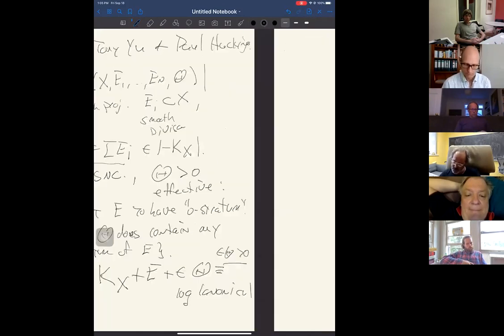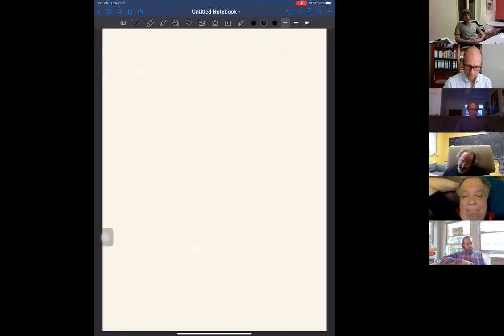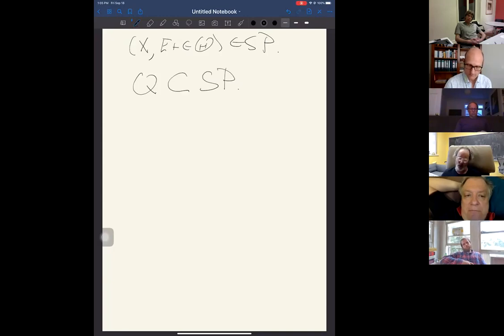So let me go to the next page. If I look at X together with E plus a little bit of theta, this is a stable pair. That means this moduli space lives in the moduli space of stable pairs. If you don't know what the moduli space of stable pairs is, who cares? I'm going to talk about something totally different in the talk anyway; this is just an application. So this Q is a subset of stable pairs, and our conjecture is that there